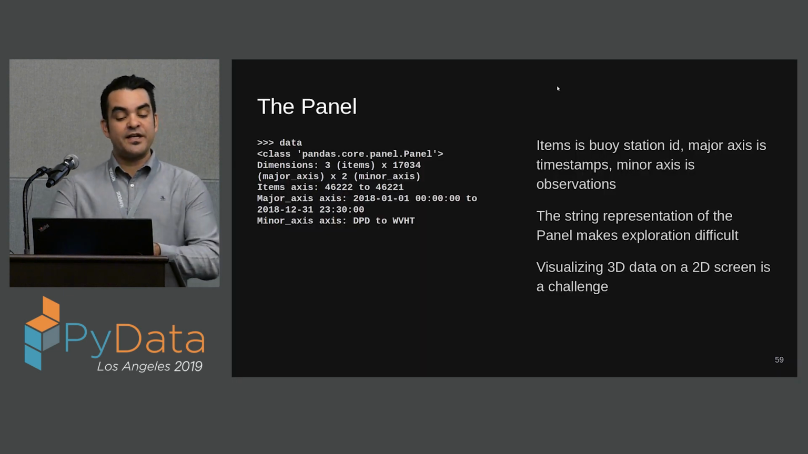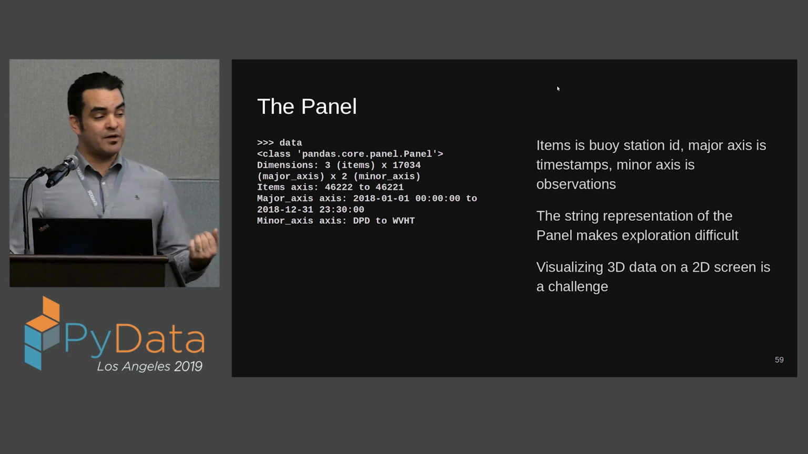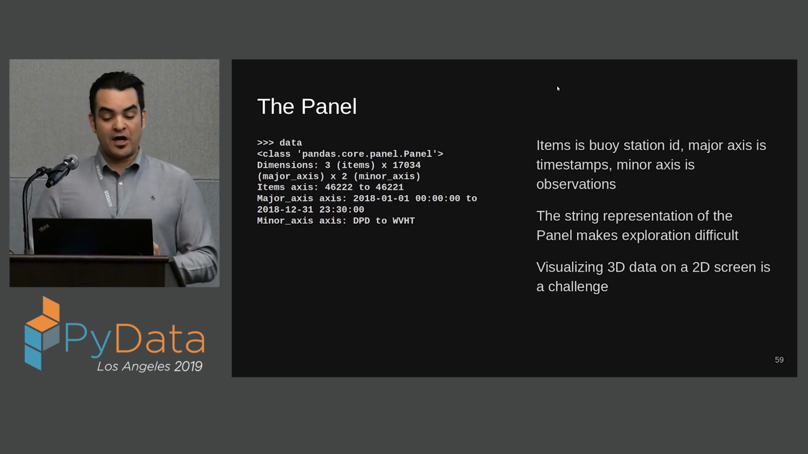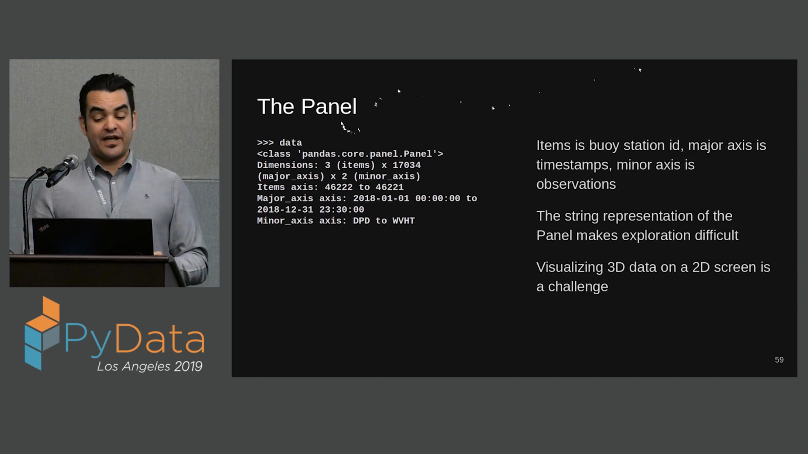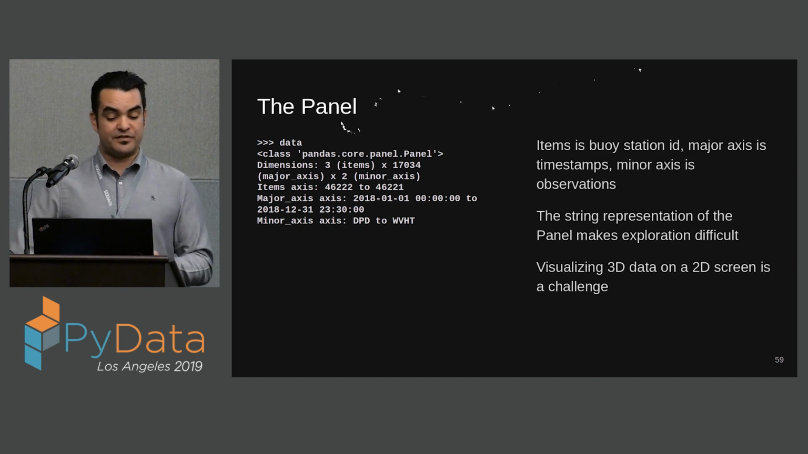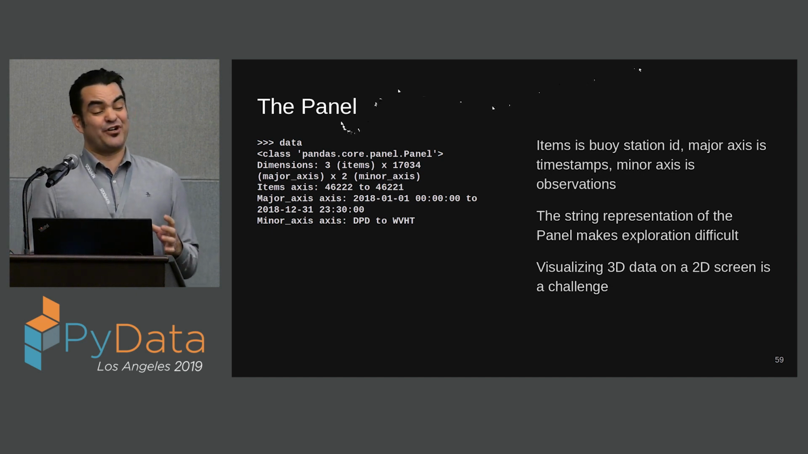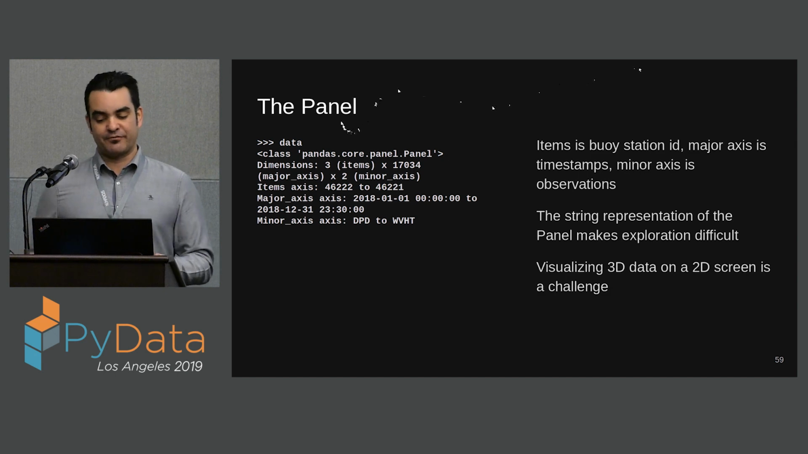So if we load this data into a panel, we can see the string representation we get out of the panel there. The buoy identifiers are coming in as the items axis. The major axis are the timestamps, and the minor axis are the observations, here DPD and wave height WVHT. Now, the string representation of the panel makes exploration a little bit difficult, and that's something that we're going to bring up later on. This is one of the challenges of visualizing data, 3-dimensional or higher dimensional data,